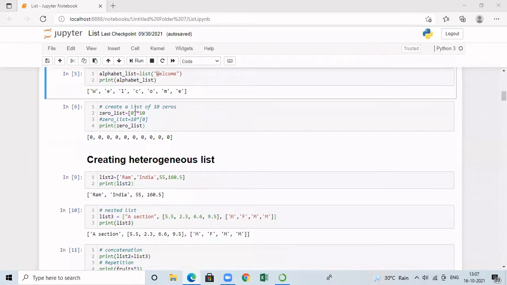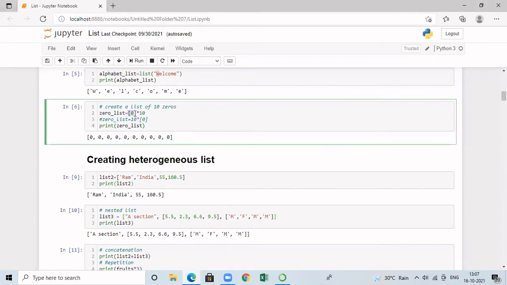And we can even create a list by means of a simple multiplication operation. If I ask you to create a list of 10 zeros or 50 zeros, instead of writing zeros 10 times or 50 times, we can simply use this multiplication operation. So we are going to create a list of 10 zeros. Therefore, you have to first create a list of 1 zero. Then you have to multiply that by 10. So this is going to create a list of 10 zeros. So that I am storing in a new variable called zero_list. When I print, I am getting a list with 10 zeros.